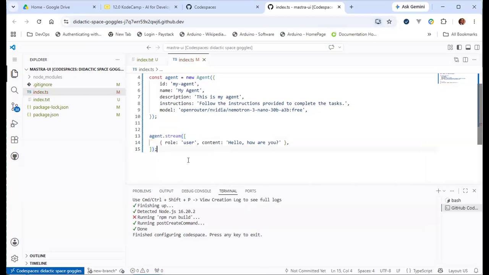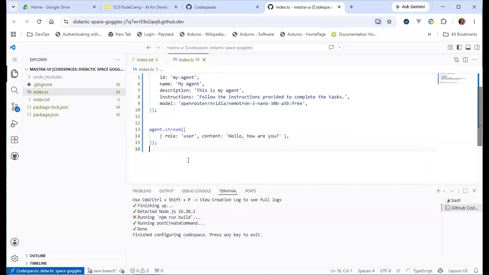So you pass the messages indirectly. It's actually a keyword.